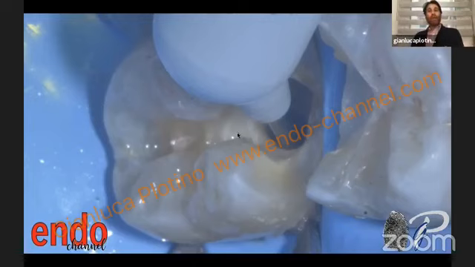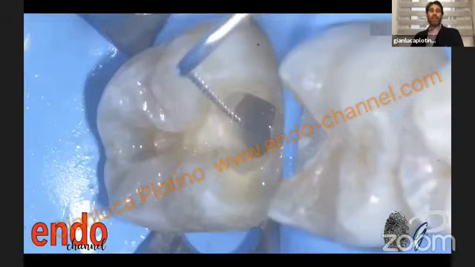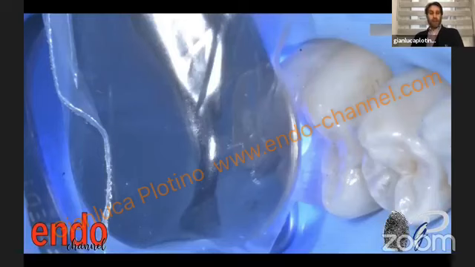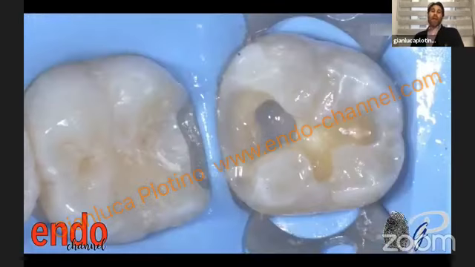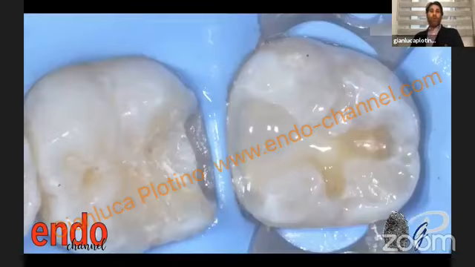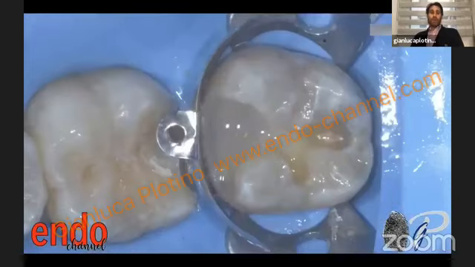A flowable material with a bulk fill material, so that I can fill all the root canal orifices and the pulp chamber space, and distribute this flow in the undercuts where I cannot arrive with my standard composites. Then I will reconstruct and build up all the rest of the tooth with the standard composites.